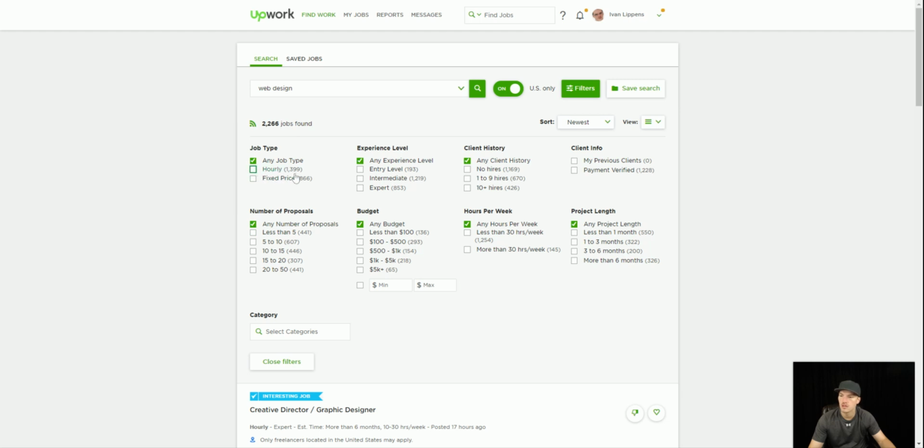Before we get there, when you click on filters, when you're doing any kind of keyword search, I recommend looking at these 2 areas: the number of hourly jobs and the number of fixed price jobs. You can look at some of the numbers for any of this other stuff too. Obviously, people put their budgets here and you could apply to things based on those budgets.